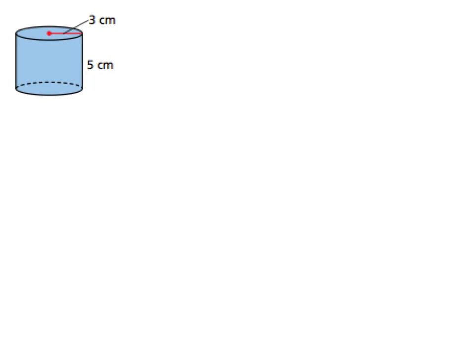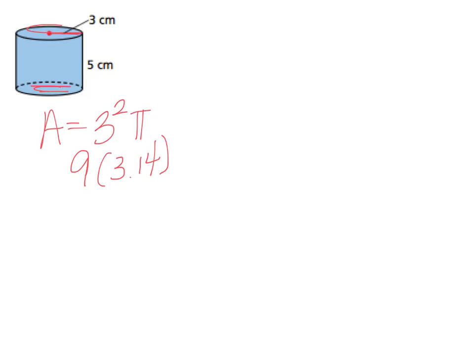So again, this is a cylinder, so if I look, I have 2 circles. So I want to find the area of the circles, so I know that that's going to be pi times radius squared, and my radius is 3. So I'm going to start out as 3 squared times pi. And I'm going to rewrite this as 9 times 3.14, which is 28.26. And again, I have 2 of those. So I'm going to multiply by 2, and I get